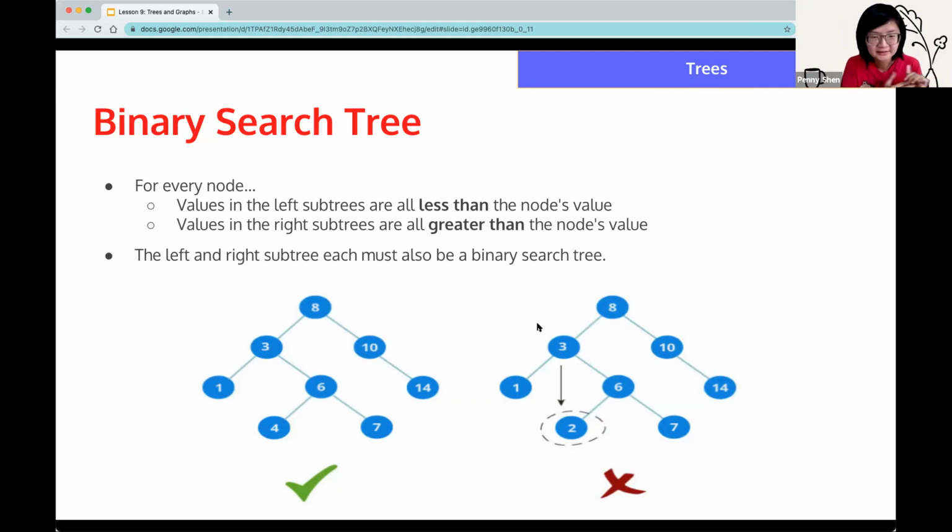And the binary search tree, again, is useful when you're searching. Let's say you want to look for the value 6. You start at the root node, you look at 8, and you know the value you're looking for is less than 8, so you go to the left. And you look at 3; what are we looking for? 6, which is greater than 3, so you go to the right and then you find it. At every step, you're eliminating almost half of the information, so you don't need to look through every node to find your value. It's basically just a binary search, but represented in a tree, so it's easier to navigate.